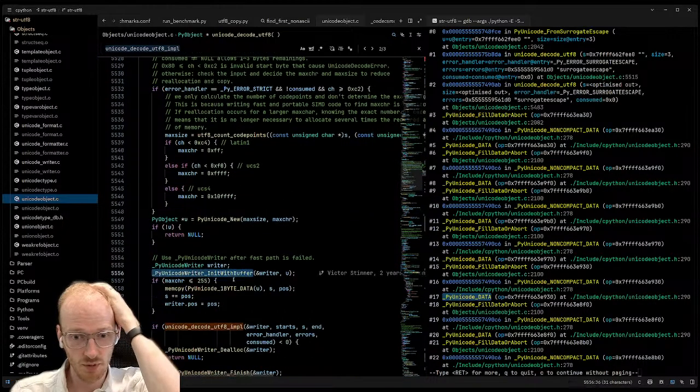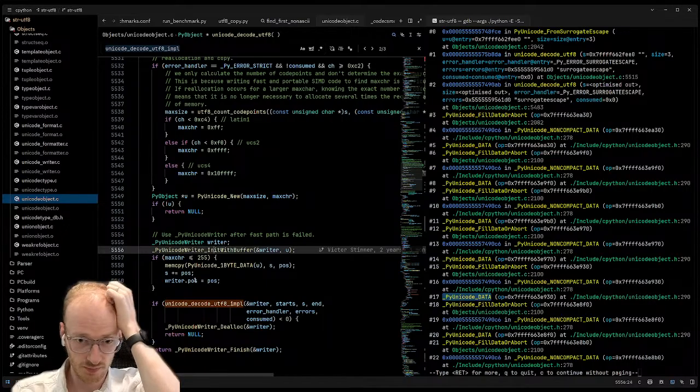Yeah, I wonder whether we could do this something. And maybe use PyUnicode writer. Yeah, probably. Well, hang on.